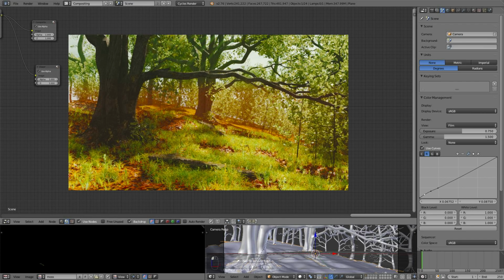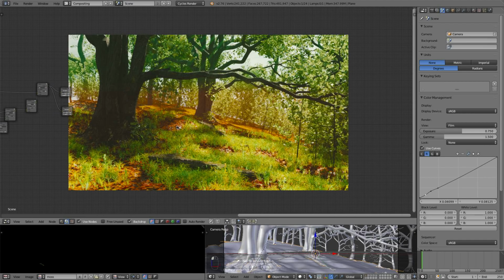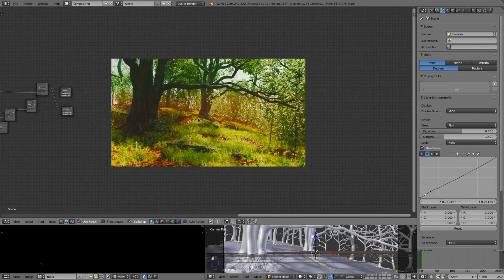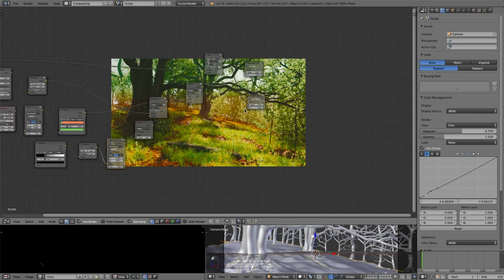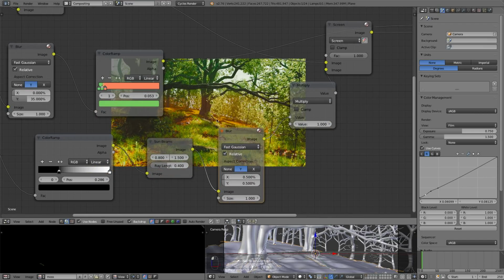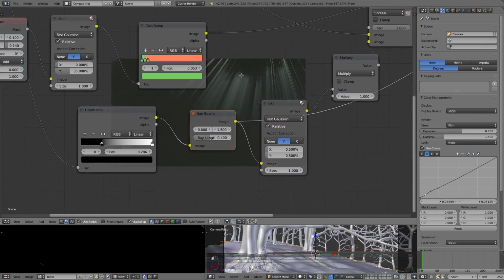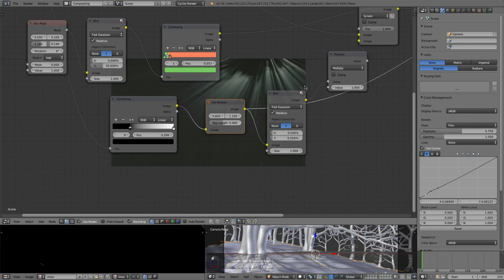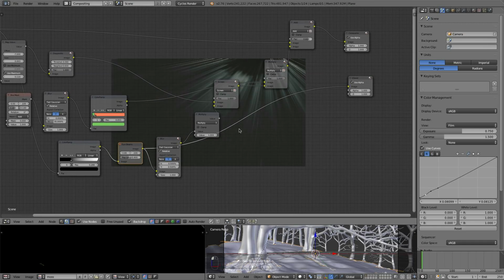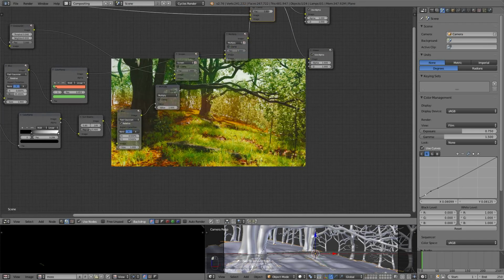You could always add like a vignette around it as well. Vignettes are kind of cool. But I'm pretty happy with that. So, what I want to quick change now is just some of the lighting on the trees here, and also maybe give it a little bit more light rays. The light rays are just a little dim. Not seeing quite as much of them as I'd really like. I think bringing this down a little bit would help. Something like that. Just kind of messing around with the settings there will sometimes give you more or less light